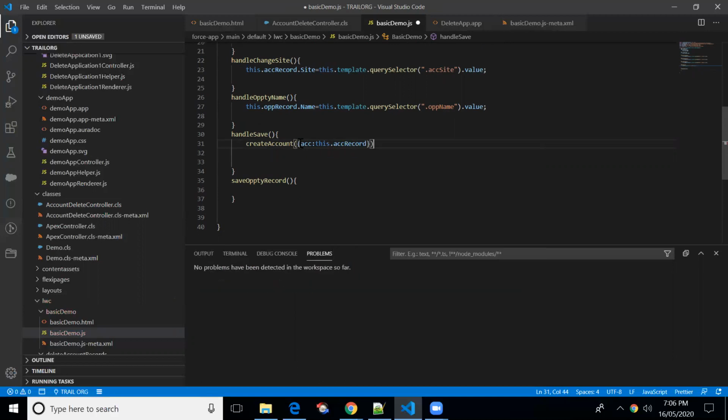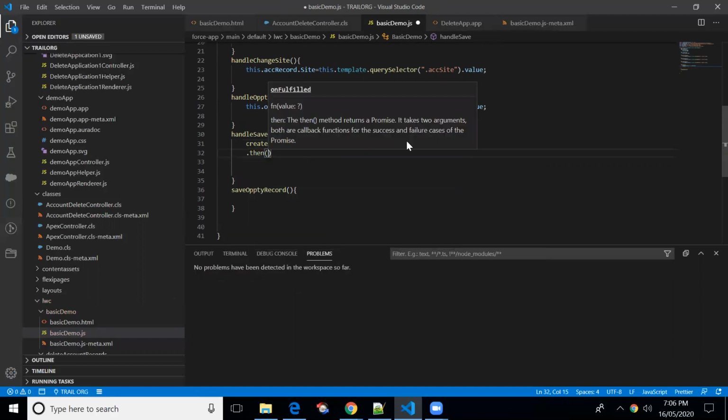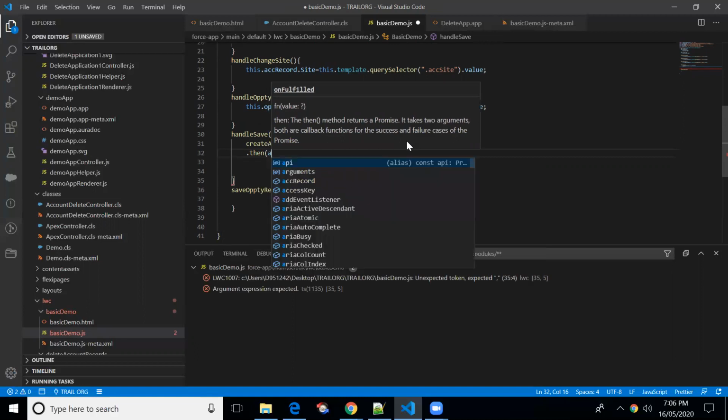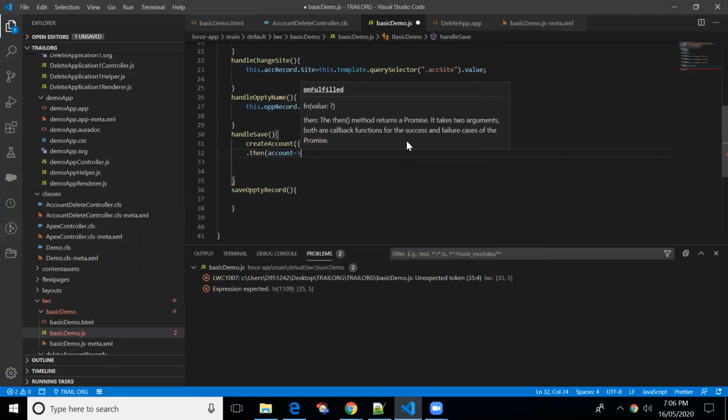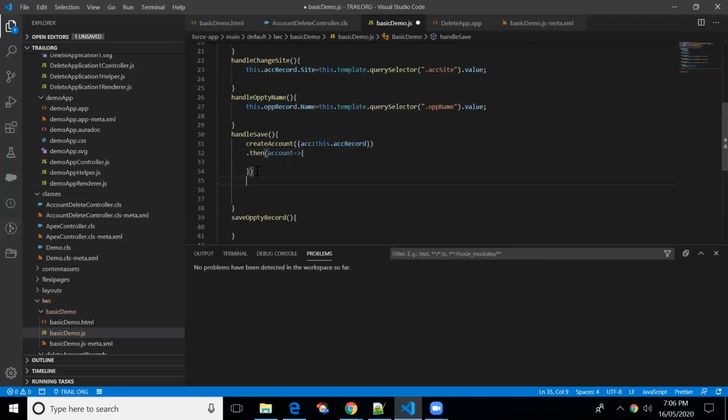After this, dot then, account. You can give any name here. And then the catch block, which is basically for handling the error.